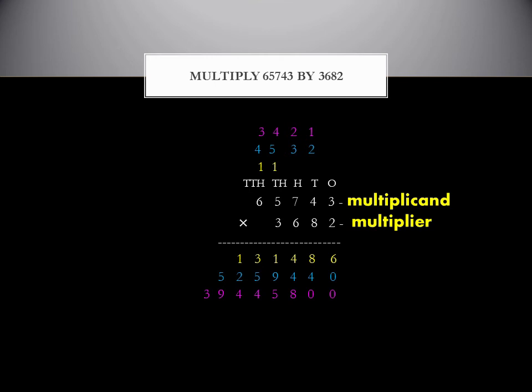Therefore write 4 and carry forward 4. Then 6 5s are 30. 30 plus 4 is 34. Write 4 here and carry forward 3. Then next 6 6s are 36. 36 plus 3 equals 39. Therefore we got the number